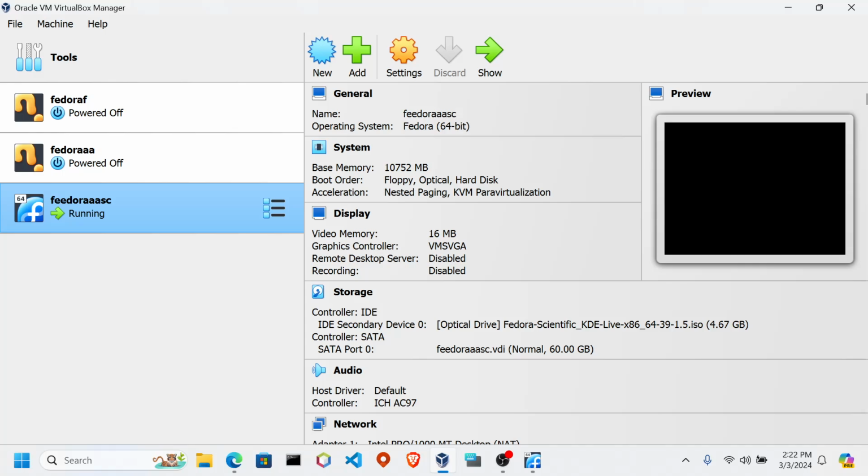Yes, I forgot to tell you the software which I used was this one. That was Oracle VirtualBox. Here you can see it is written Oracle. You can get it from the website of Oracle. Coming back to Fedora,